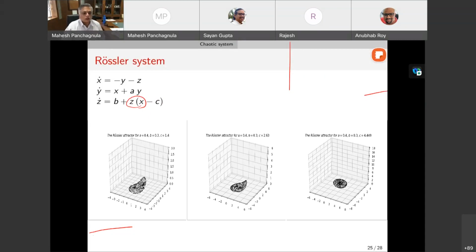So these are three videos showing the Lorenz system, showing the Rossler system. You can start with initial conditions filling the entire 3D box. Doesn't matter. Okay, but we are seeing this video of those initial conditions evolving in time. The first video is for A equal to 0.4, B equal to 0.3, and C equal to 1.4. You'll see that in due course of time, all the initial states are embedded into a nice limit cycle solution. That is, they are essentially attracted towards this limit cycle solution.